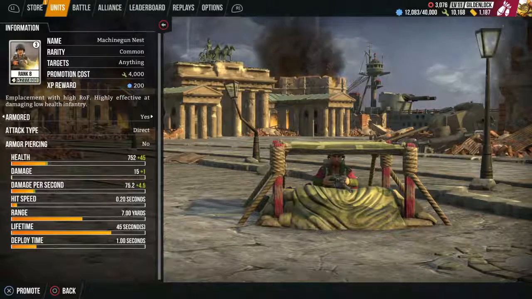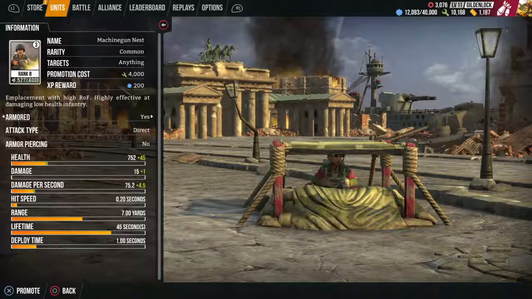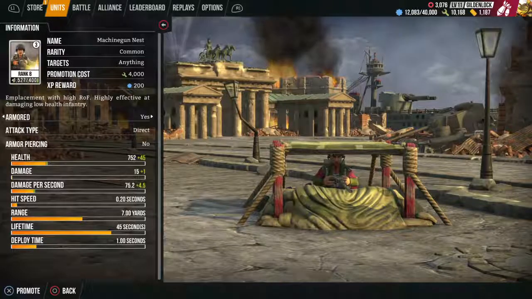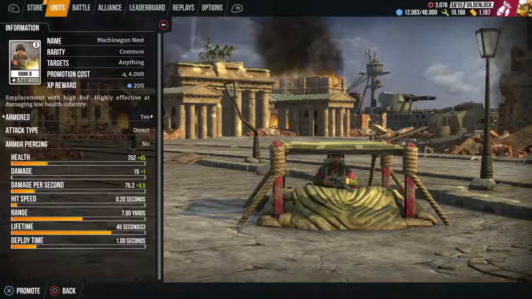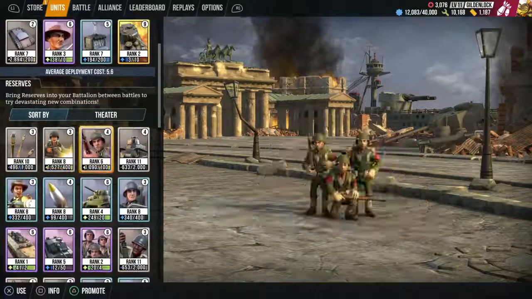It can throw out some decent damage, absorb a decent amount of damage for what you spend. So, it's good for stopping certain units that are easily distracted. So we'll be getting into the good counters as we go through this. So, and we've got the